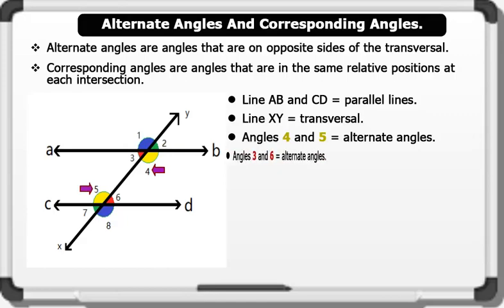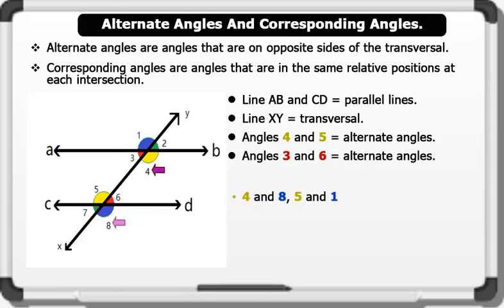The pair of angles marked 3 and 6 are also called alternate angles. Note that angles 4 and 8, angles 5 and 1, angles 3 and 7, angles 6 and 2 are called